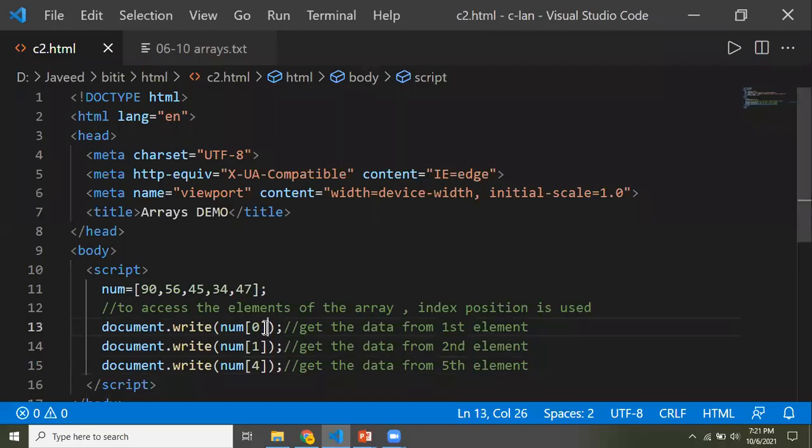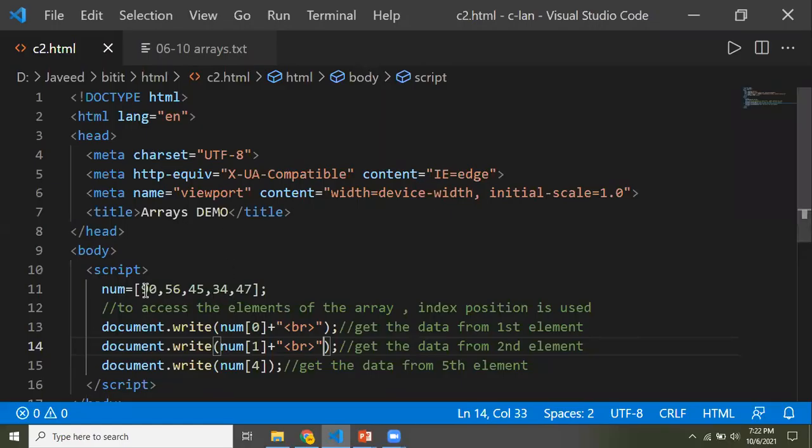If I want to print them on the next line, the BR tag can be attached to this. So at the end of the output, you're going to add the BR tag. So plus BR I'm using, so that it prints the new line character after the output is printed. I'll just save this. Now I see the output, I'm getting 90, 56 and 47. So I'm getting 3 values there.